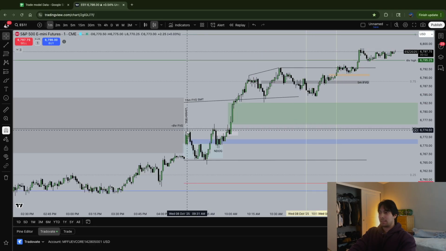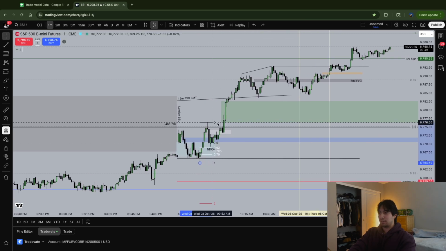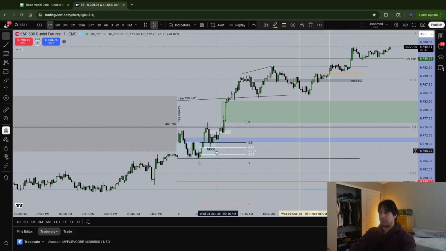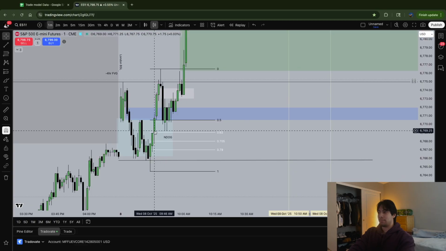Highs swept, we have an SMT moving lower. High swept, and then right here we're returning. What I'm looking for is we made a lower low and a higher high in the regular trading hours. So I'm looking at this optimal trade entry. Look to see on the 1 minute, we don't have a fair value gap alone from this one, and this is in discount.